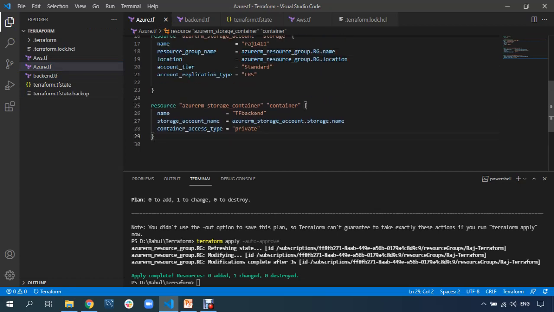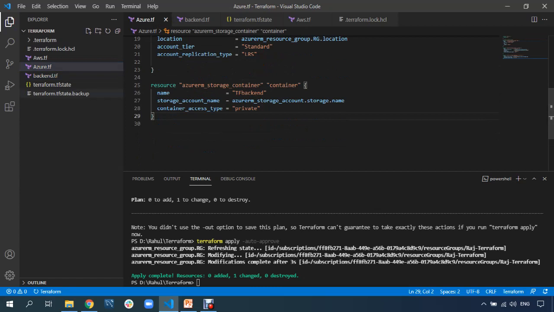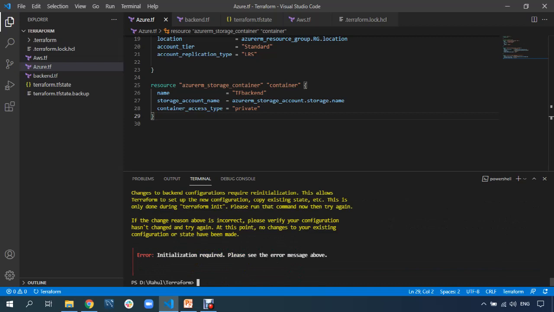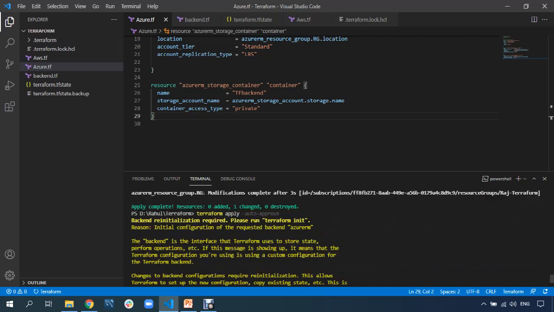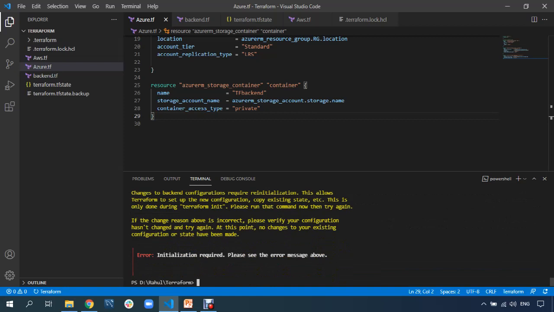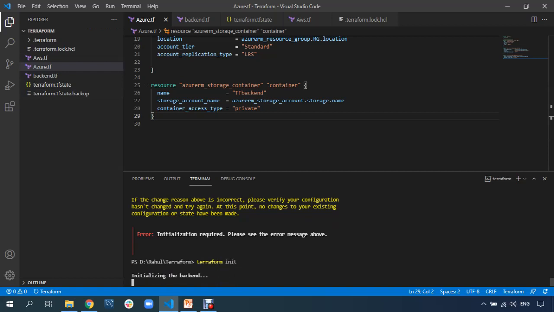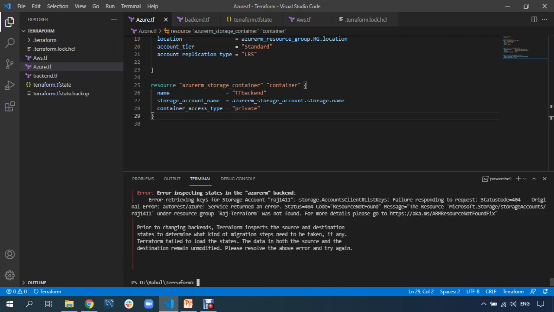Now you save this file, and then you save this file as well. So now you are creating a storage account, and in this storage account you are keeping your state file. So what is the benefit of it? See here, we have some error in this. Yeah, it is saying you are changing your Terraform's TF state from the local storage to the remote storage. So for that, first you do the Terraform init. Then the TF state file will be moved from your local machine to the backend. But here there is some issue.